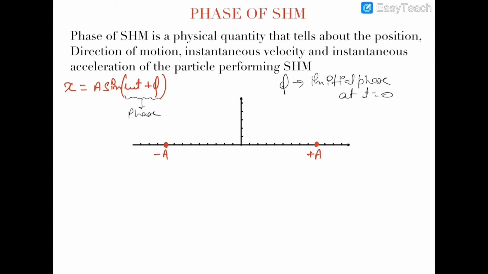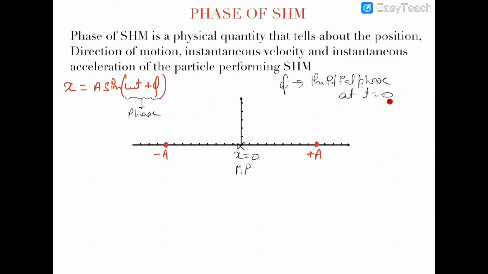So to explain this phase, let us first of all assume the equation of SHM, which is x equals a sine(omega t plus phi). In this equation you can see that x is the displacement of the particle from the mean position, and the mean position in this case is x equals 0. So this x is the displacement from origin, because origin is the mean position in this case. Now a is the amplitude of the particle. This term omega t plus phi, which is inside a trigonometric function, is called the phase.